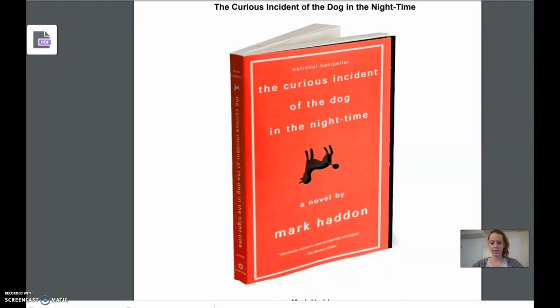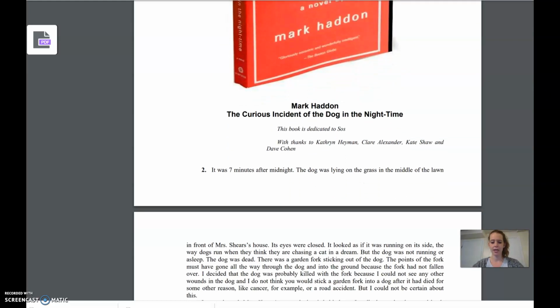Okay, so here is the cover of the book. Mark Haddon is the author. Another thing I wanted to point out as you read this is that the chapters are prime numbers. Prime numbers are numbers that are only divisible by themselves. They don't have any other multiples. These are the kinds of numbers that Christopher, our character, prefers, and so he numbers all the chapters that way. The chapters are in bold right here. It doesn't go 1, 2, 3, 4. It'll go 2, 3, 5, 7. So the chapters are numbered by prime number, which makes it a little challenging, but you'll get the hang of it. Like I said earlier, there are pictures, and we'll see some here in the first few pages as well.